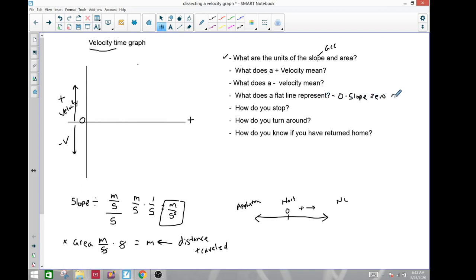Or it means a constant velocity. Okay, that's important. So let's take a line for example here,